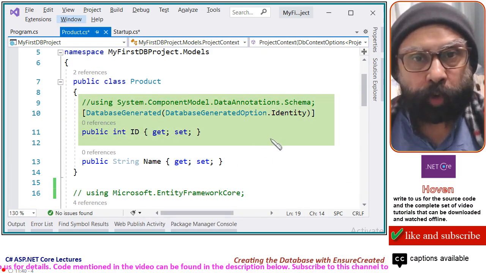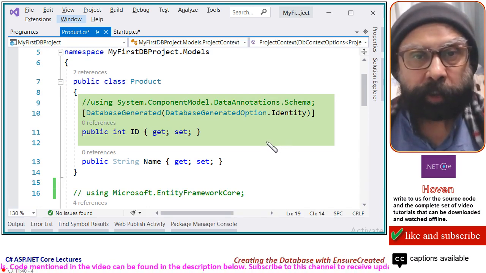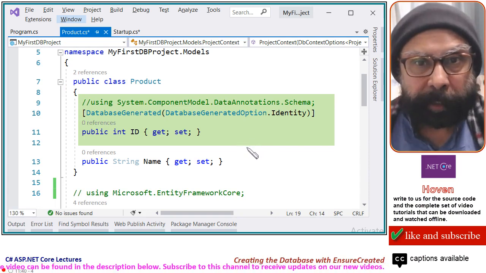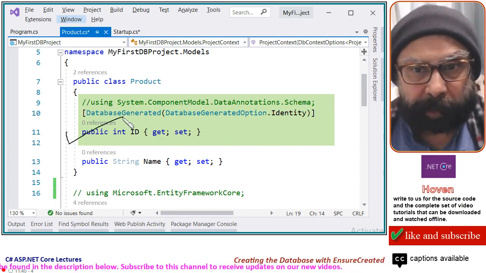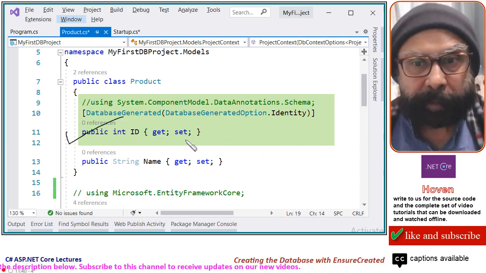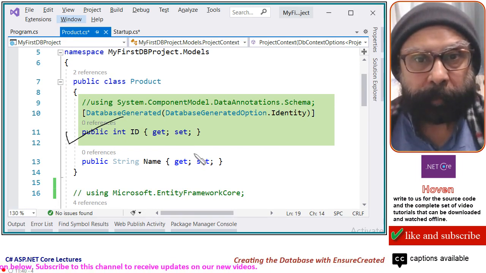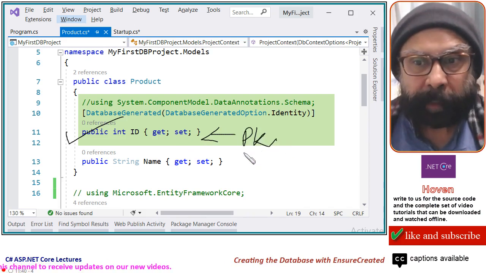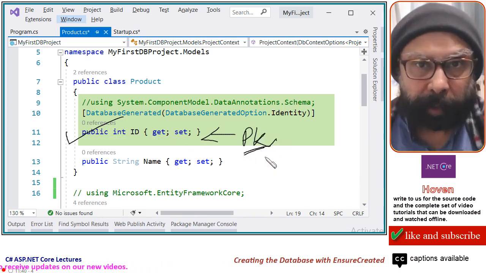Entity Framework Core requires that a model should have a primary key. We have set the Id property as our primary key. public int Id { get; set; }. One primary key is a must in a model class.